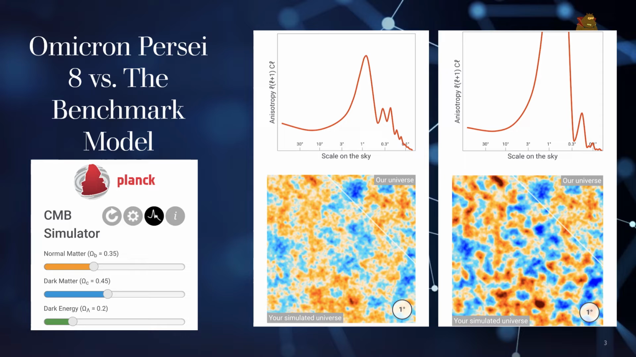So, Omicron Persei IA. The numbers that I input for my DIY universe are on the left-hand side there. For normal matter, I put 0.35. Dark matter consists of 0.45 or 45%, and dark energy consisted of 0.2 or 20%. Relative to our universe, in which baryonic matter is at 5%, dark matter 27.5%, and dark energy 67.5%, at least as far as this model goes,